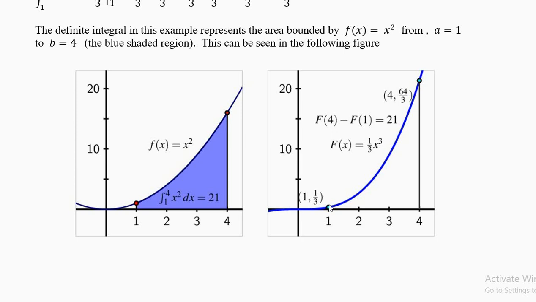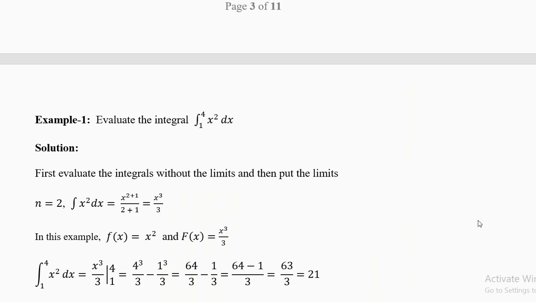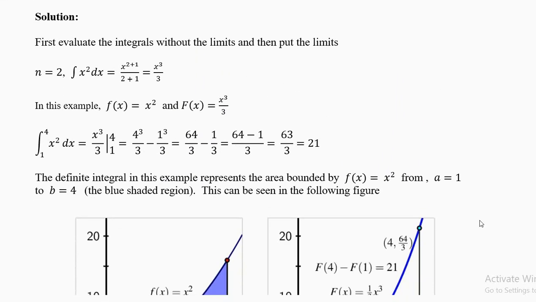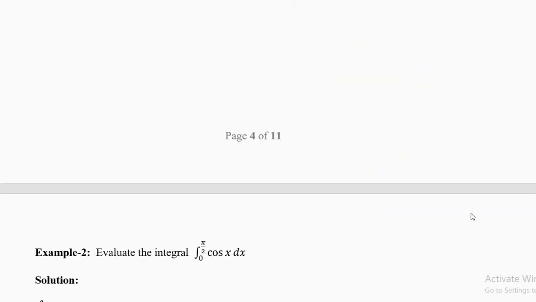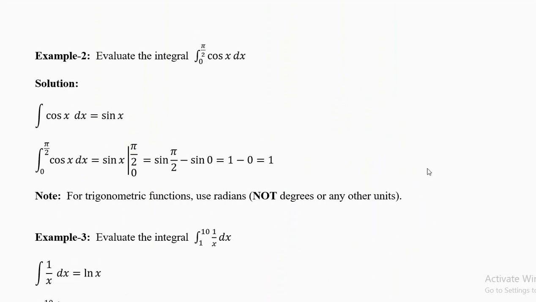Now here you have again the graph for capital F, which is 1 over 3 x cube. F of 4 minus F of 1 is 21. So we have seen this number 21. Now just understand that derivatives are your slopes and integrals are your areas. Also volumes, but volumes are more difficult. You have to put x, y, and z, all three of them. Here we have to put only the x. So volumes we'll discuss at the end of the semester if we have time. Now we are not going to draw the diagrams in other questions. We will just look at the calculations.